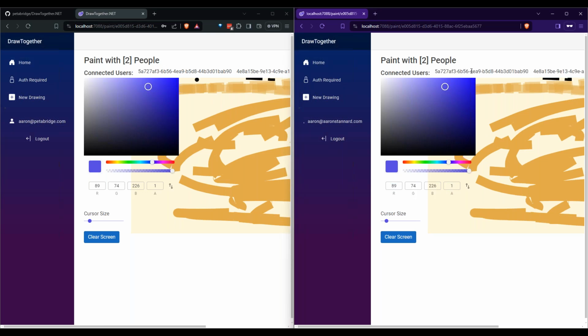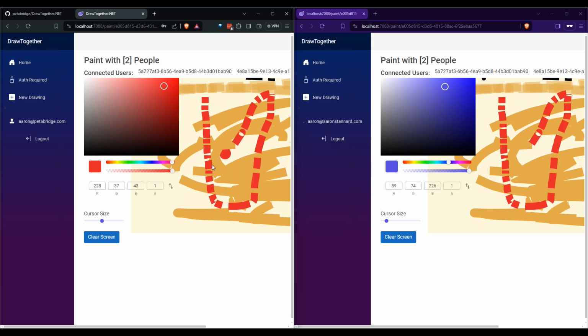I need to really add usernames to make things a little bit more user friendly, but you can basically see these are the unique identities of both of these users. Now, I can go ahead and select a paint stroke here. Let me grab red. I'll make the cursor size nice and big, and I'll go ahead and draw that line